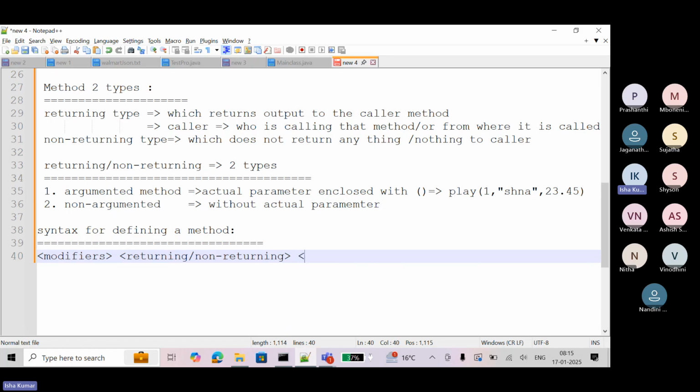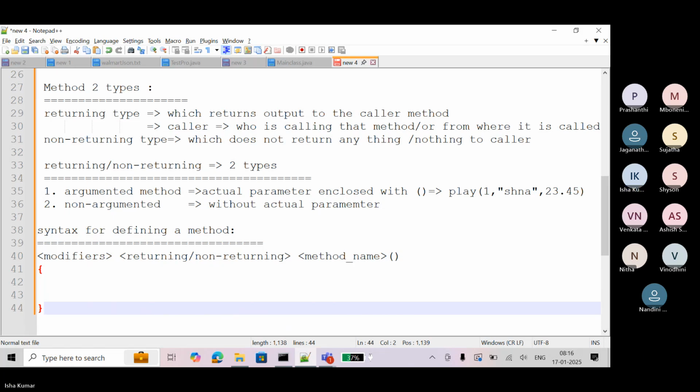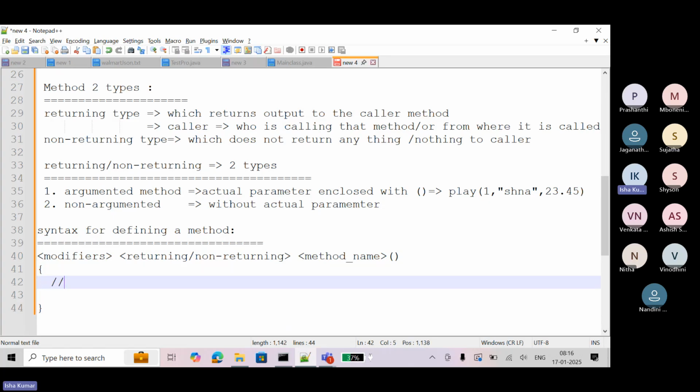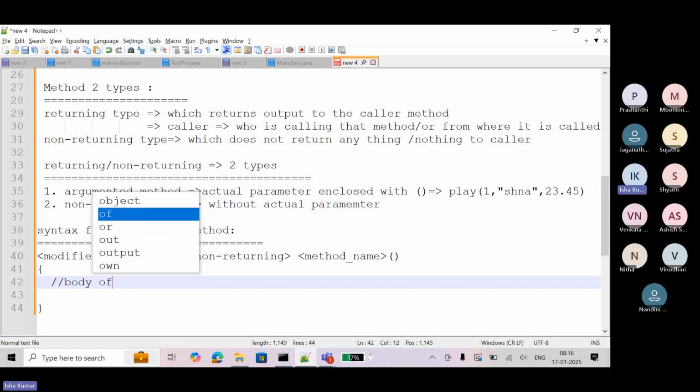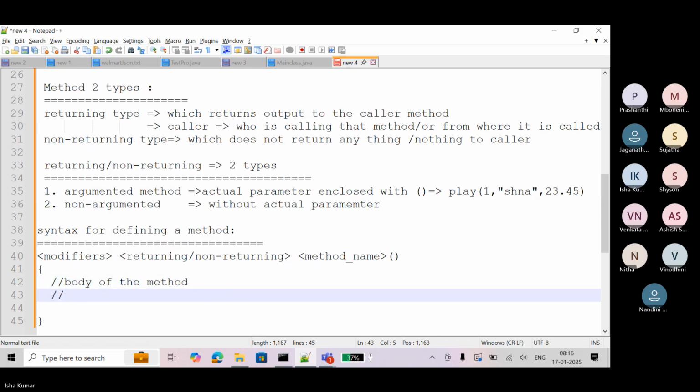Here you should write method name. And you should give the enclosed bracket, start with left curly bracket and ending with right curly bracket. And here, this part is called body of the method, surrounded by this left and right curly braces. Inside the body of the method, we can write all our logic code.